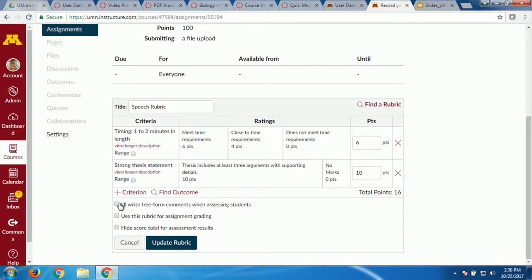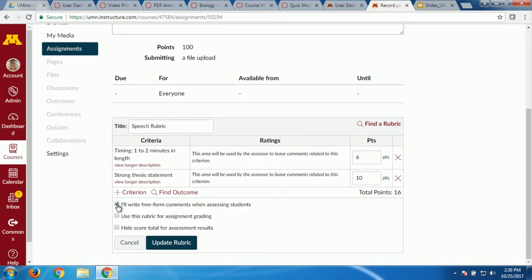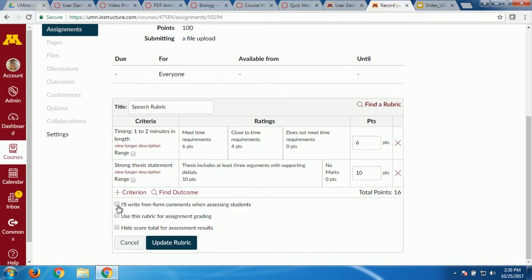You can strip rating point values completely out if you choose this first option, I'll write freeform comments. That's for more like creative projects where you don't have common rating point scales. It's more open-ended. It gives you a box when you're grading to type what your response is and manually put a score into it. So that's if you just want to type your feedback without clicking boxes of feedback. And you just switch it back by clicking that checkbox again.